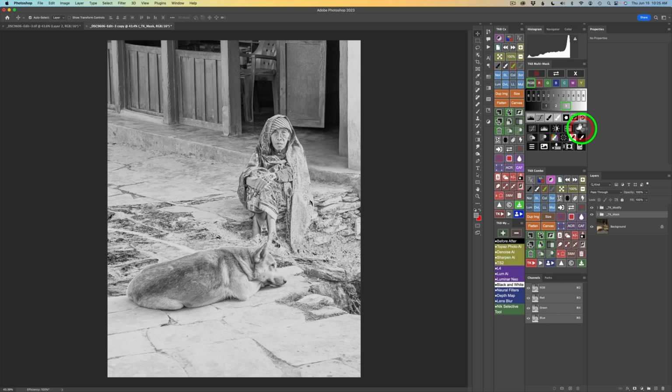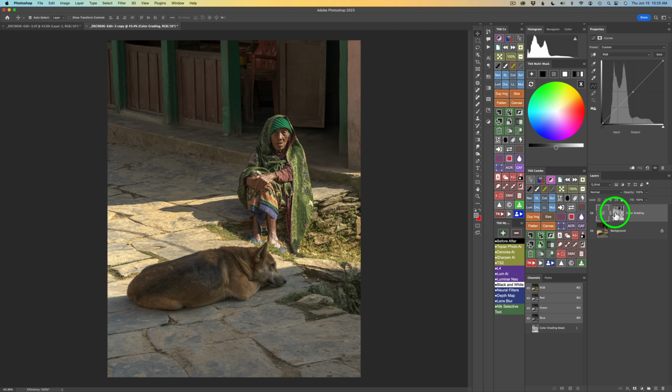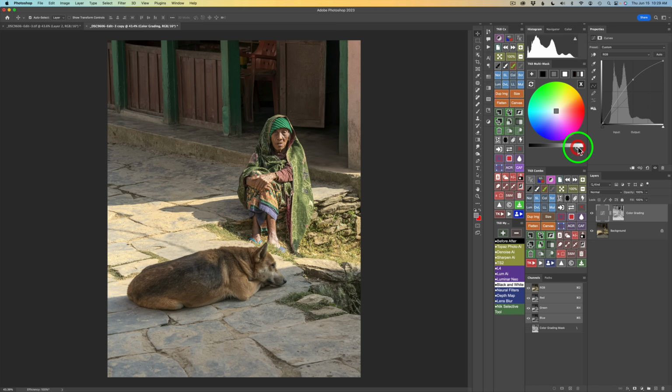So I click on this, and this will output that mask to this layer, which is a curves layer, but the color grading tool lets you color grade it very easily, as well as adjust shadows. That's the black block, midtones, the gray, and highlights, the white block. So let's get started. I'm going to start out with midtone, so I'm going to click on the midtone block. I'm going to drag this slider over pretty far to the right to somewhere right about here. When you release it, you'll see the effect take place, and you can see there's the midtone right there in